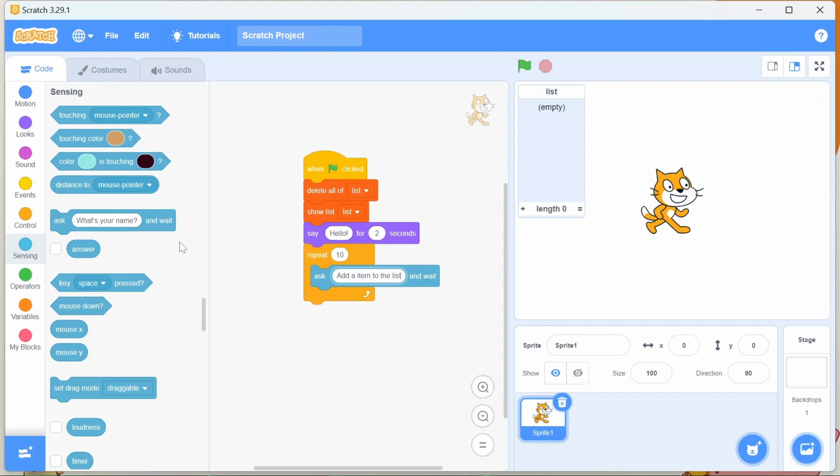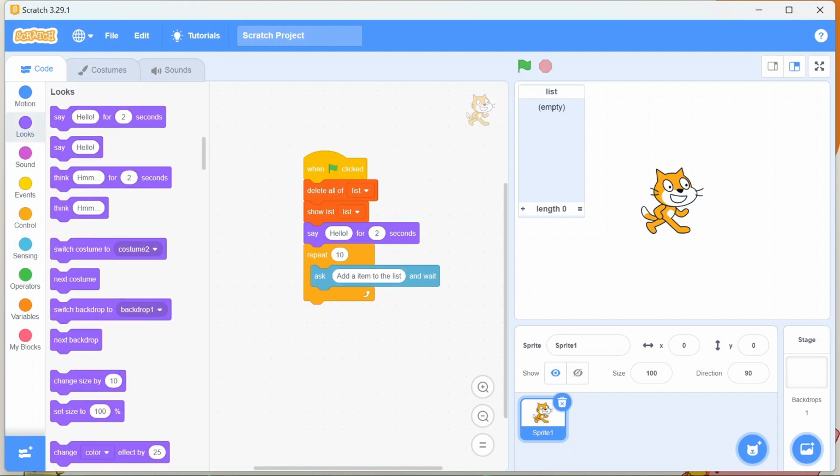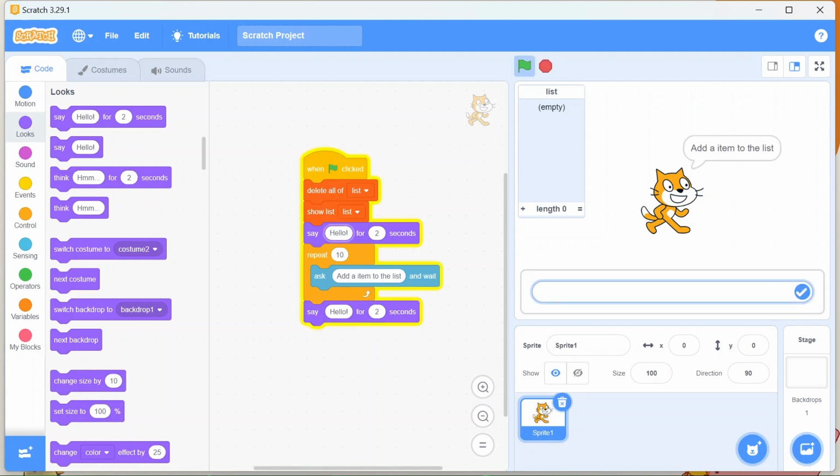So then we are going to just add it, right? Then later on we will say thank you that you have added all the items. Here we are going to say, let's create a grocery shopping list.